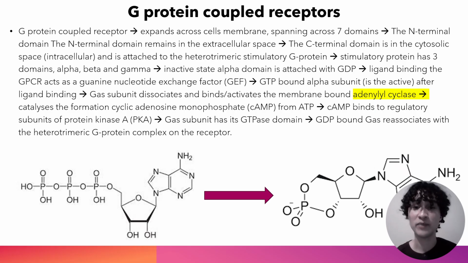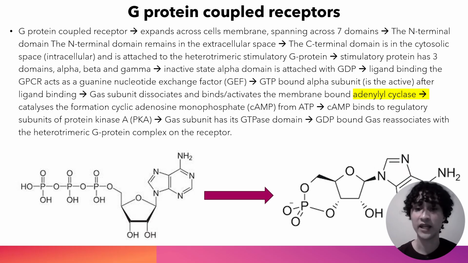And then when GTP is bound to that alpha subunit, it's considered active, okay, and it dissociates from that heterotrimeric stimulatory G protein on the C-terminal in the intracellular space, and it will bind to your adenylyl or adenylate cyclase, and that's a membrane-bound enzyme that's responsible for the catalytic formation of cyclic adenosine monophosphate. Okay, so it gets rid of that beta and gamma phosphate, and then it's able to perform this